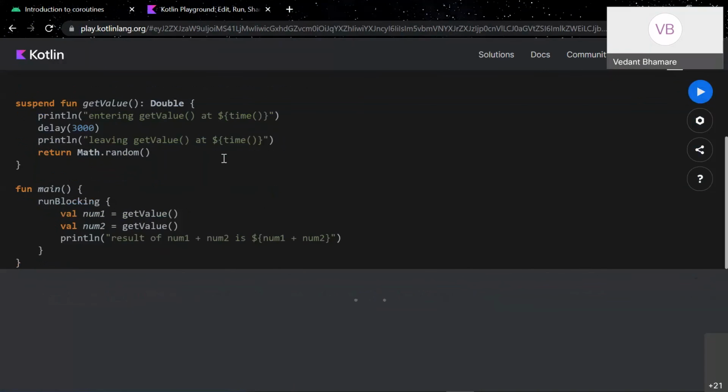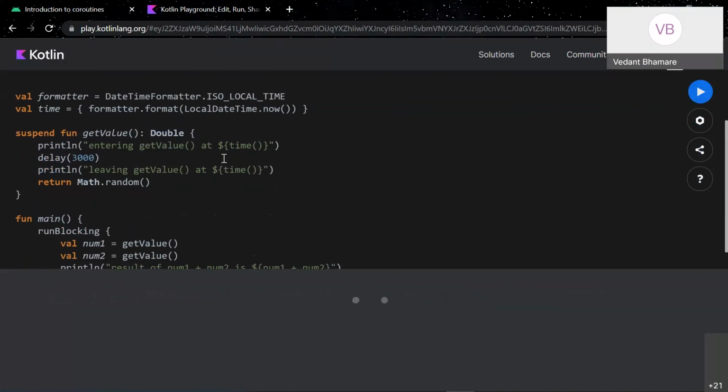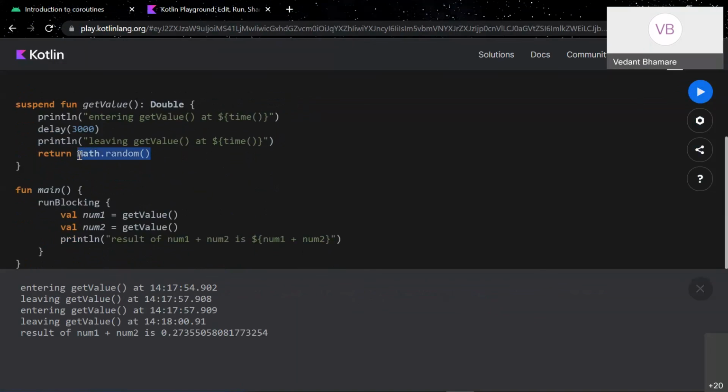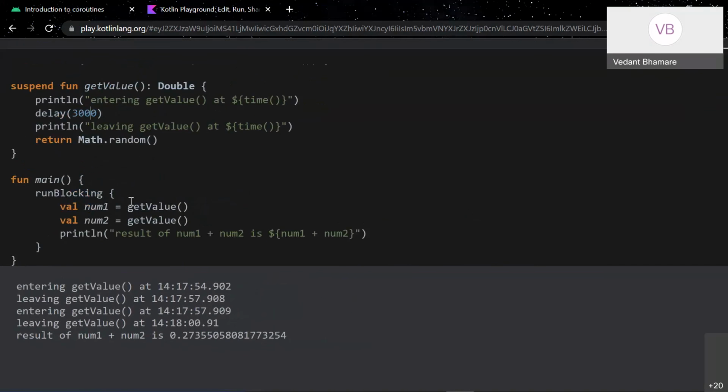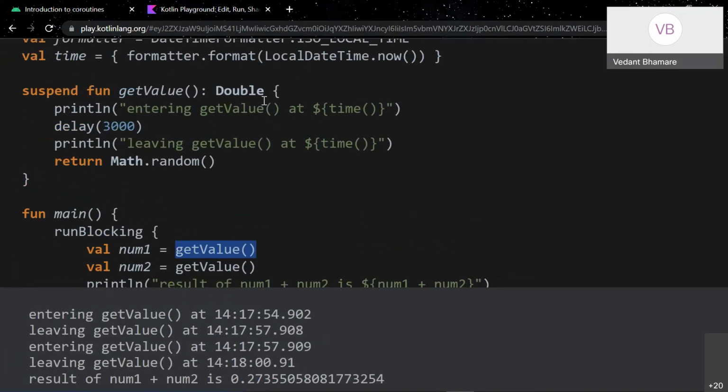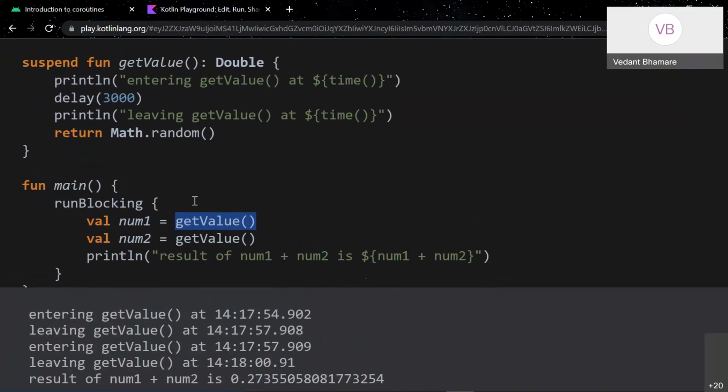Here we are getting a date. We are getting some random number, and there is a delay of 3000, that is a delay of 3 seconds. As you can see, runBlocking was called, and first we got num1 equal to getValue.